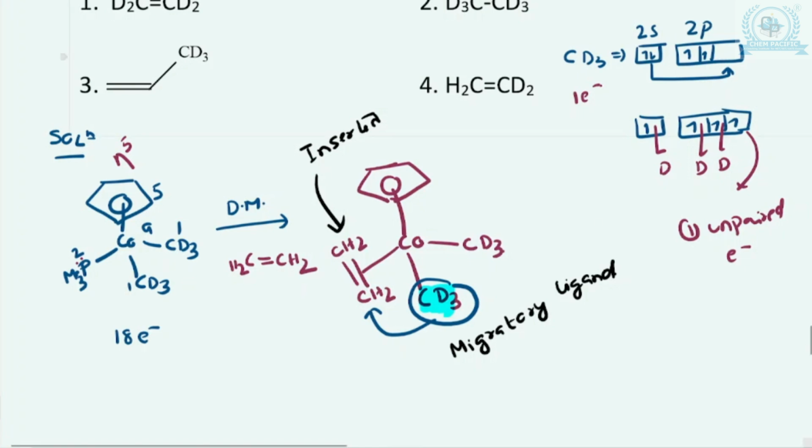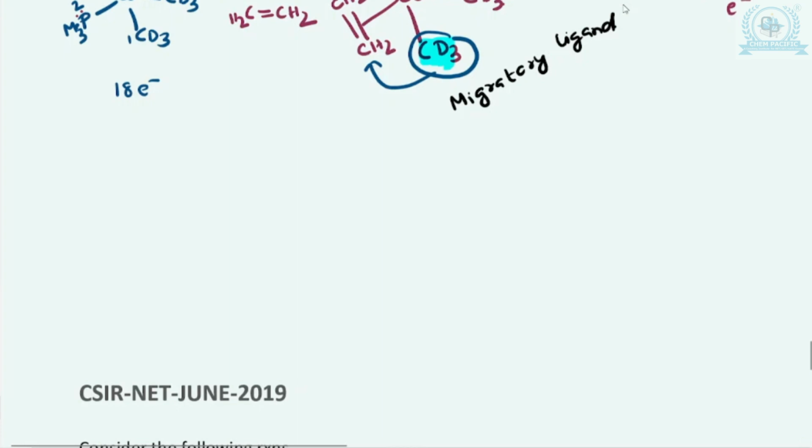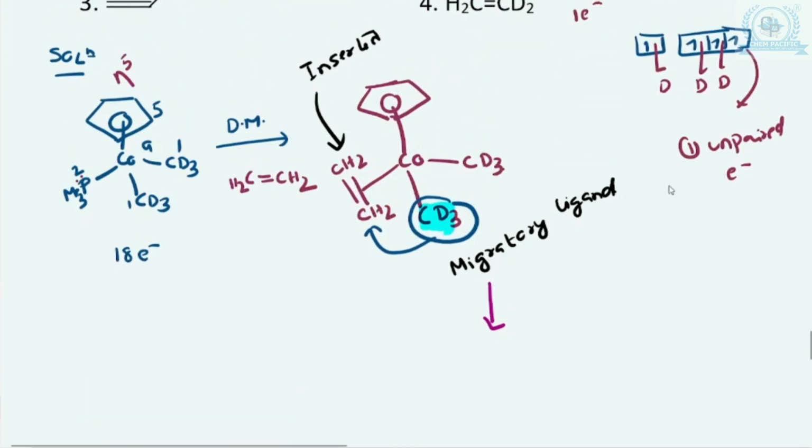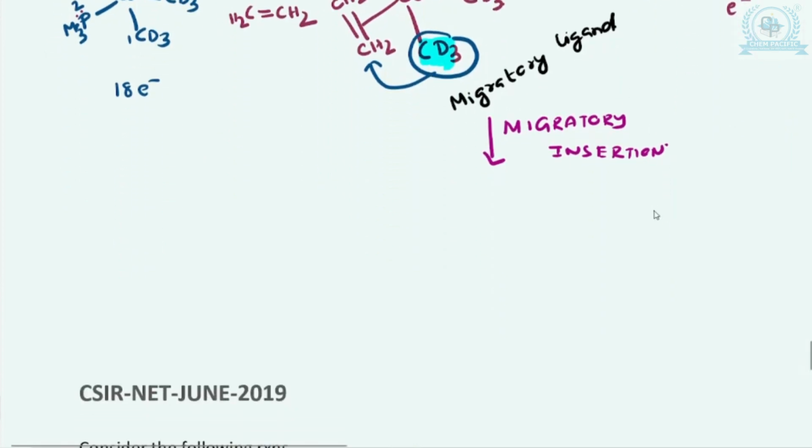Okay, so with this, what is going to happen? Let us proceed with this. So this is resulting in the migratory insertion. This will result in the migratory insertion. So now let us write the product. This will result in the formation of